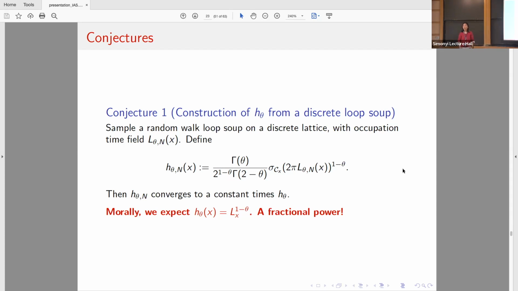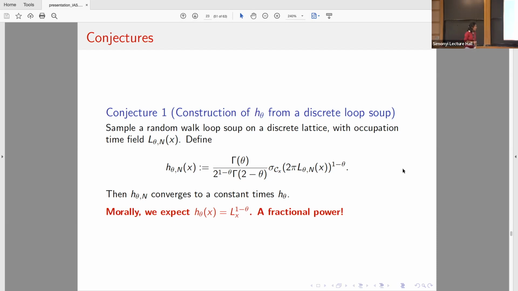Do you take the discrete simple walk or the diffusion on the edges? It can be any version. Anyway, this is still a conjecture for the moment, but we think it does not matter how you approximate the continuum. I think most discrete graphs, all the diffusion, they should work. So,